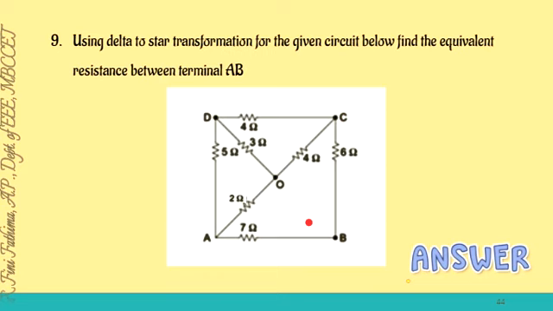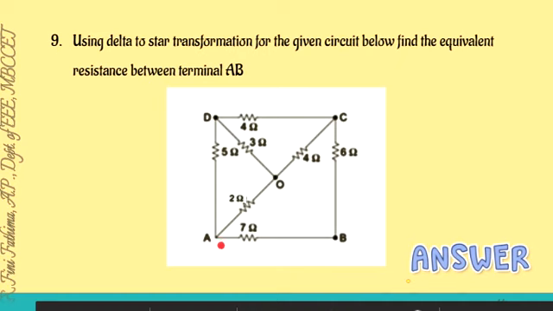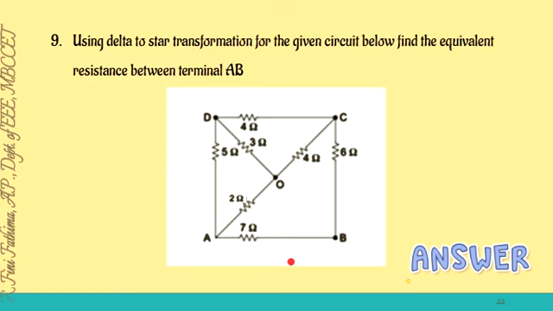We have a delta connection here. This is a delta connection. This is a delta connection. This is a star connection. This can be taken as a star connection. We can follow any of these, and we should find the resistance between the points C, A and B. We have to take the resistance between these points A and B. So you solve this and I will upload the answer in the next video. You have to solve this.